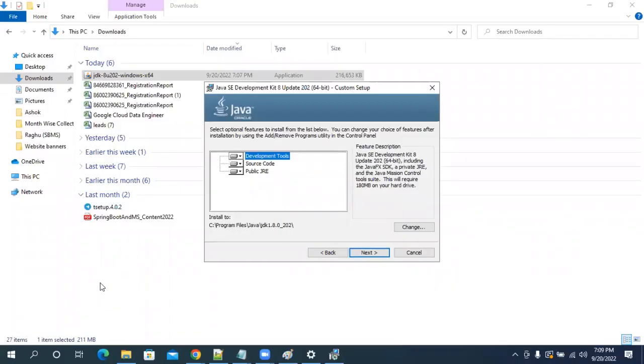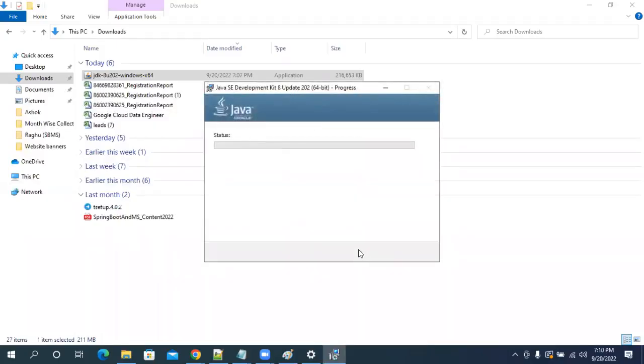That means I'm installing the Java 1.8 version. I downloaded that software, double clicked on it, next, finish. By default, it is installing to C Program Files Java. If you want, you can change it, but there is no need. You can go with the default location of Java. Click on next. Now Java is installing.